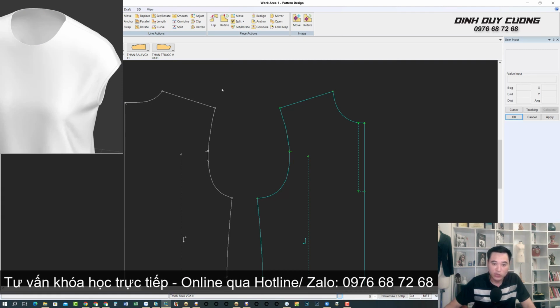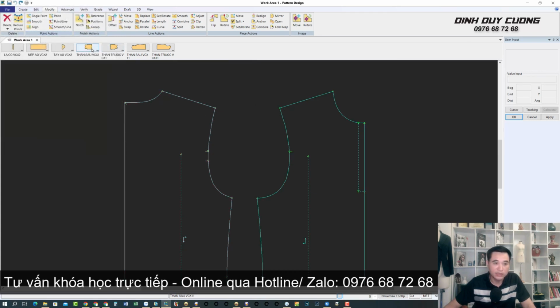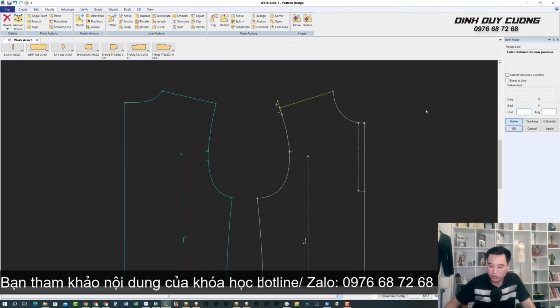You will need to raise this shoulder point, because with a cape sleeve shirt, the shoulder slope is always less. Go into the R-Rotate command, right-click on the line and select OK, then click on the compare point here and raise it up. However much you want to raise it, just enter that value here. Here, I will raise it by 1 centimeter. Next, you will do the same for the front bodice, raising it by 1 centimeter.